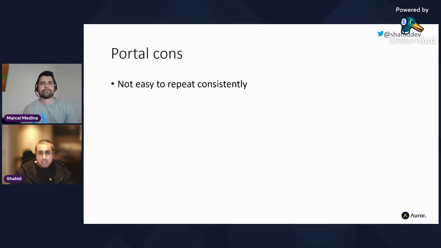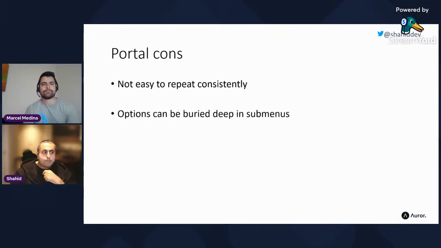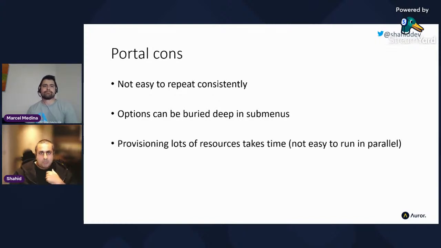Key one really is you can't do it repeatedly. It's very hard to be consistent. I'm terrible at this. I will name something one way, and then if I do it again manually, I will name it slightly differently. It's just a terrible habit I have. So it's very hard to be consistent when you're doing these things manually. Some of the options you want can be buried in a submenu. So when you're new to the resource, it's great because you need to be guided. But when you know what you're doing, the fact that you have to click 4 times to set a value can be really annoying and quite cumbersome.